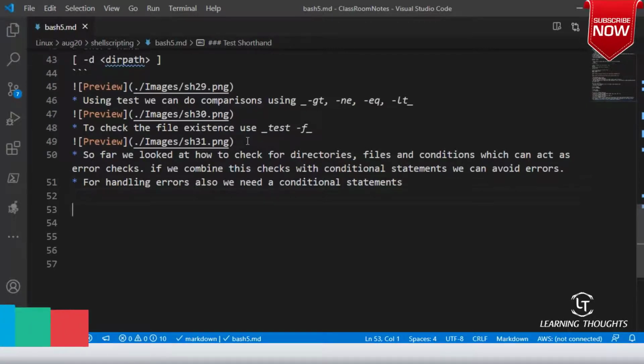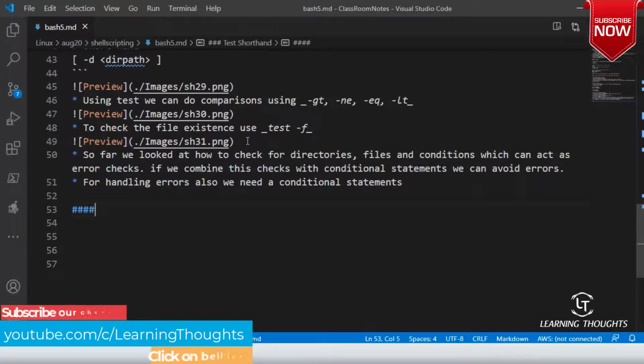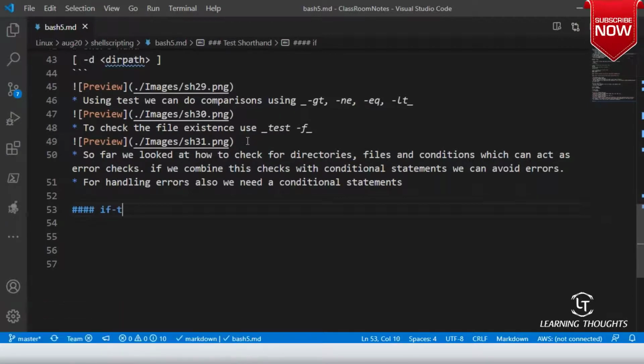So let me start with a conditional statement, which is the agenda of our discussion, right? Which is if then exit. Okay. So what is this if then exit, right? So in shell, if you want to write an if condition, how do you write it? Okay. So the basic idea is that we will test for a condition.